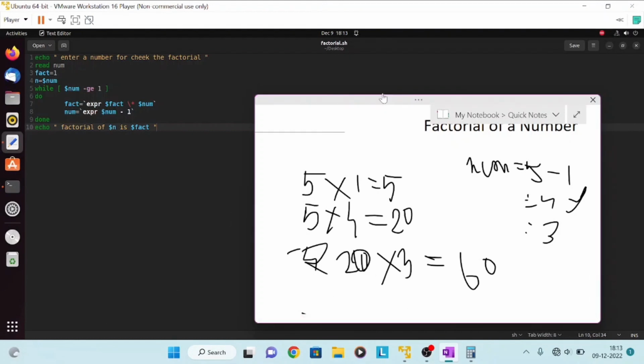So after 60, again the control will go to the next line, and here it decreases the value. Here the value of num is 3, and it is decreased to 2. Okay, after that it will simply calculate 60 into 2. What will it give as output? 120. Okay, 60 into 2 equals 120, and then again the value